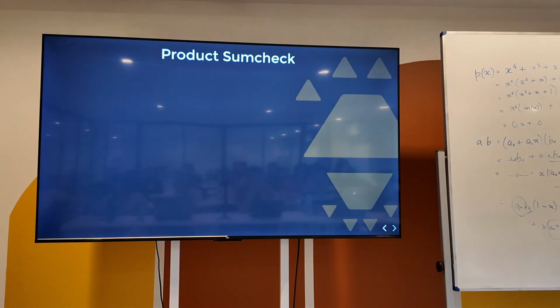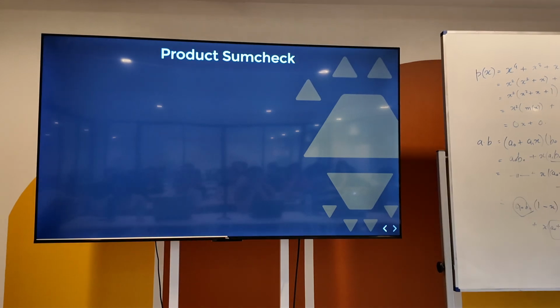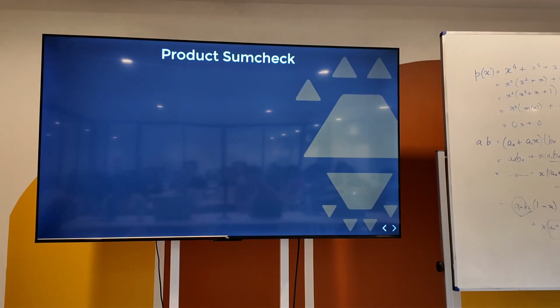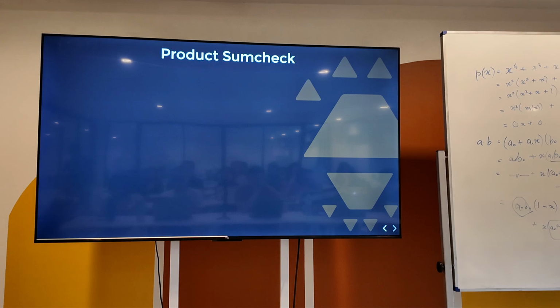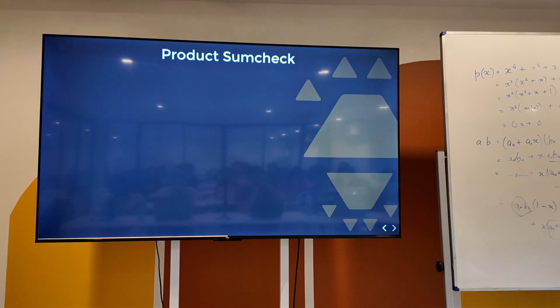Okay, so now we have set up this paradigm where we are interested in making sumcheck faster. That's one thing that we discussed. And the second thing that we discussed is we need to do this specifically for binary tower fields. We'll try to answer: can we actually make the prover faster? Now for that, we discuss product sumcheck,